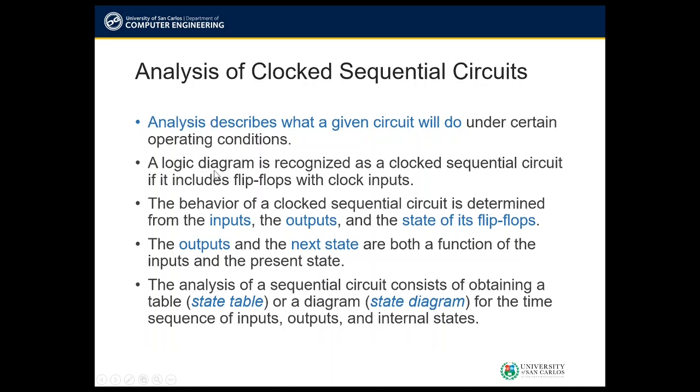A certain logic diagram is considered a clocked sequential circuit if it includes flip-flops with clocked inputs. The flip-flops may be of any type, and the logic diagram may or may not include combinational logic gates. The behavior of a clocked sequential circuit is determined from the inputs, the outputs, and the state of its flip-flops. For combinational circuits, we only consider the inputs and the outputs, but for sequential circuits in general, we consider the